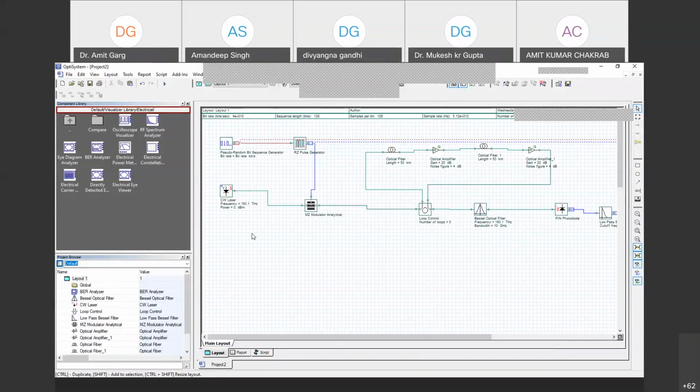Now we will be taking care of the parameters. So as per the paper,